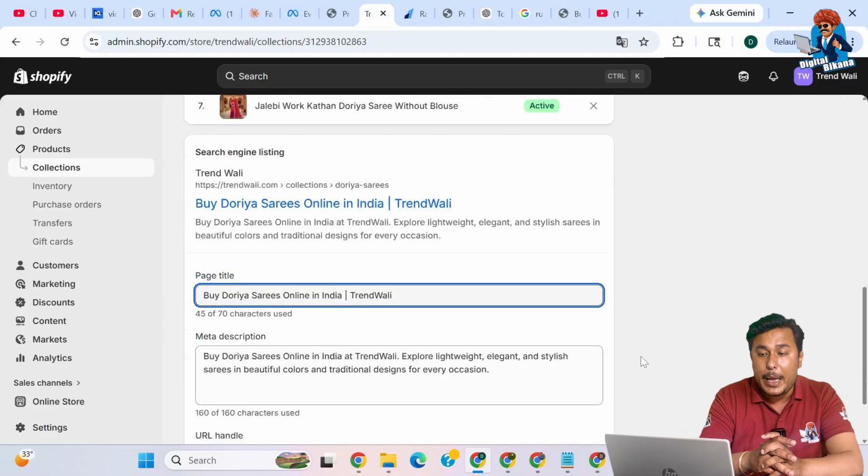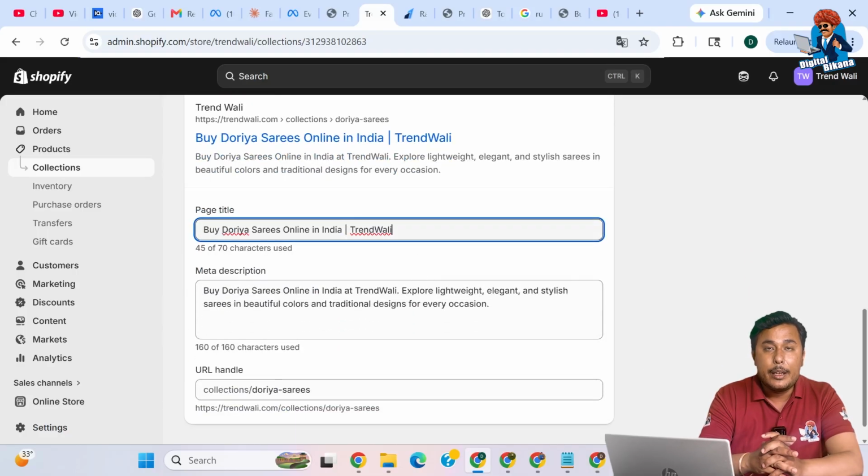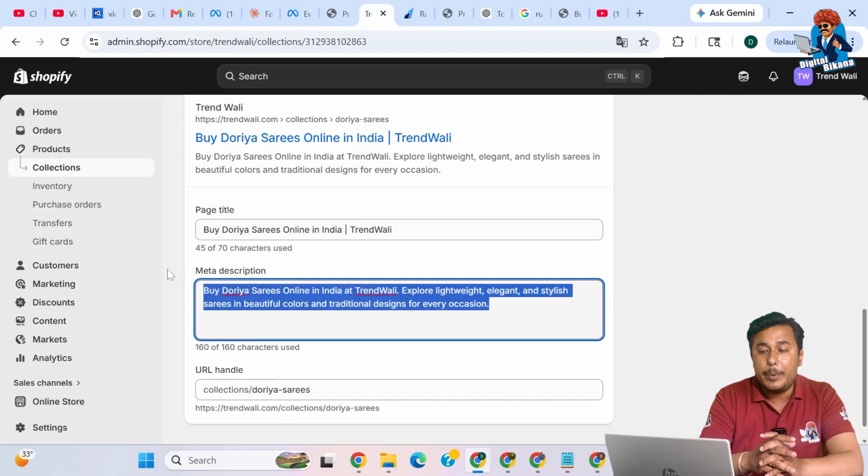You need to click on edit, and then simply here you can type whatever meta title you want to showcase in the Google search engine result page, and here you can simply type the meta description, right? So make sure to include your focus keyword in the meta title and meta description,